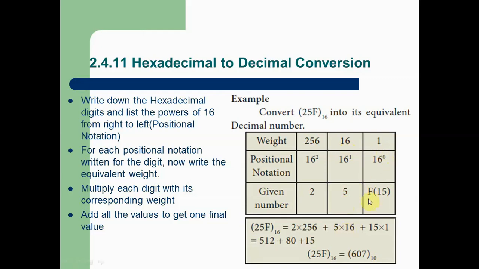If you are using any hexadecimal digit in a calculation, you have to convert it into its equivalent value if the digit is from A to F. So the value for f is 15, so 15 is used in the calculation, 15 into 1. After finding the products, add them, and finally you get the result 607. It is the equivalent value for the given hexadecimal number. The same method with a different position and value is used to convert each number from one number format to another.